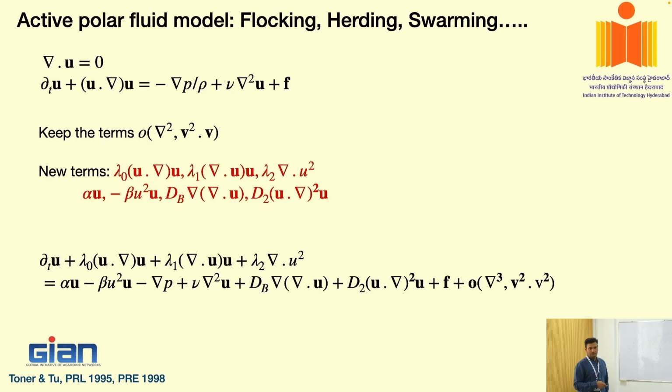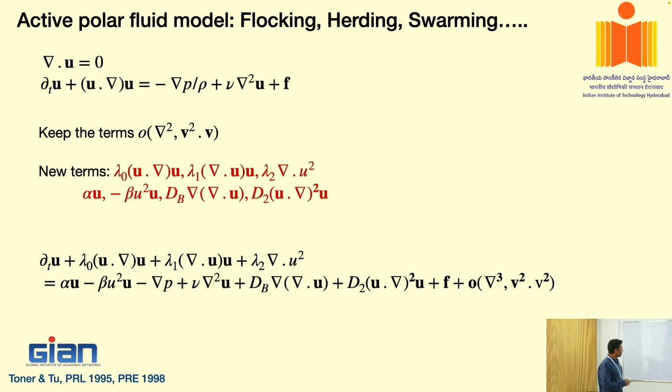So alpha u, depending on the sign, will either take out energy like a linear drag, or it will inject energy into the system. And if your system is injecting energy linearly, then of course there is going to be accumulation of energy at large length scale, right? So what do you have to do? You have to make sure that you have a term with a high degree of nonlinearity with a negative sign. Okay, so this beta u cube makes sure that the energy does not become unbounded. If beta is positive here, then it will make sure that your energy does not shoot up, so at large length scale there will not be any accumulation of energy.